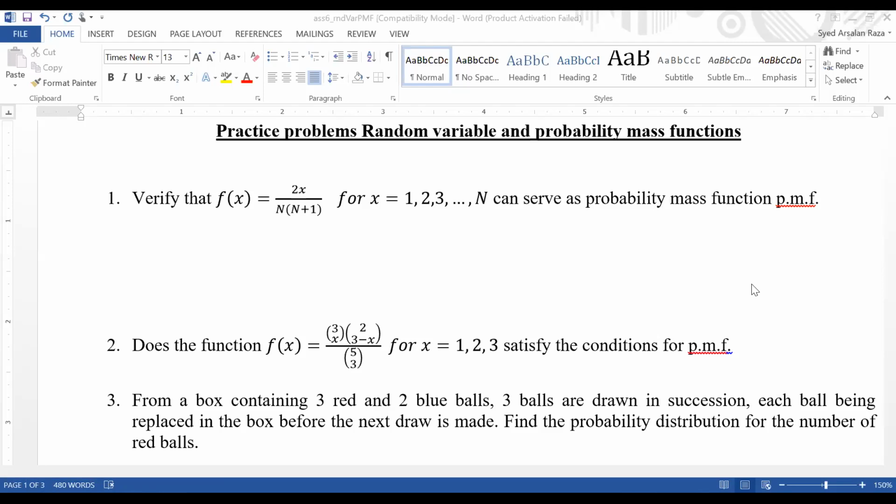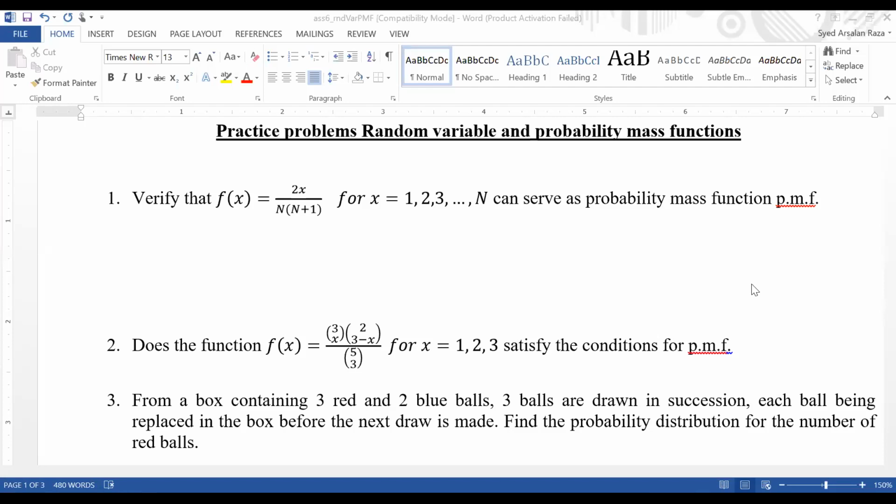So in problem number 1, we do not have to construct a probability distribution or probability mass function. It is given here. As I did in the last lecture, we were constructing the probability distribution. So 6 steps were there. In the first step, we have to declare the random variable. In the second step, we have to define all possible values of the random variable, and in step number 3, all the corresponding probabilities are to be found.